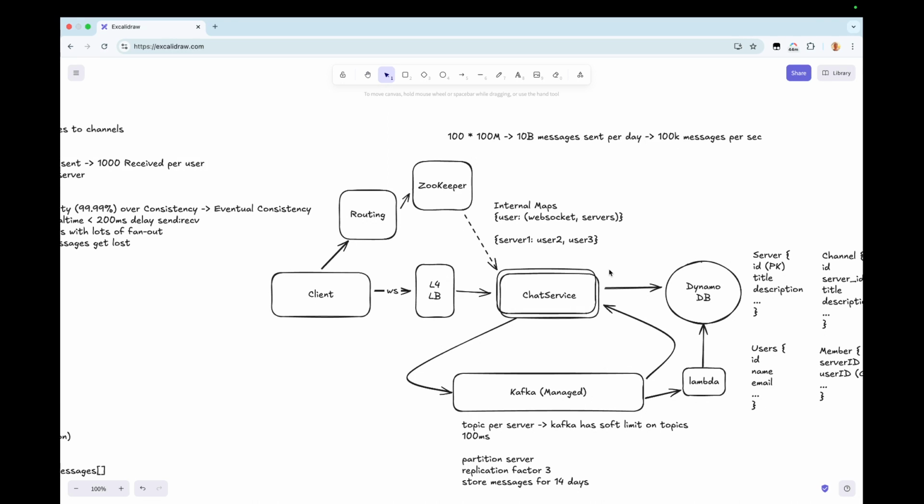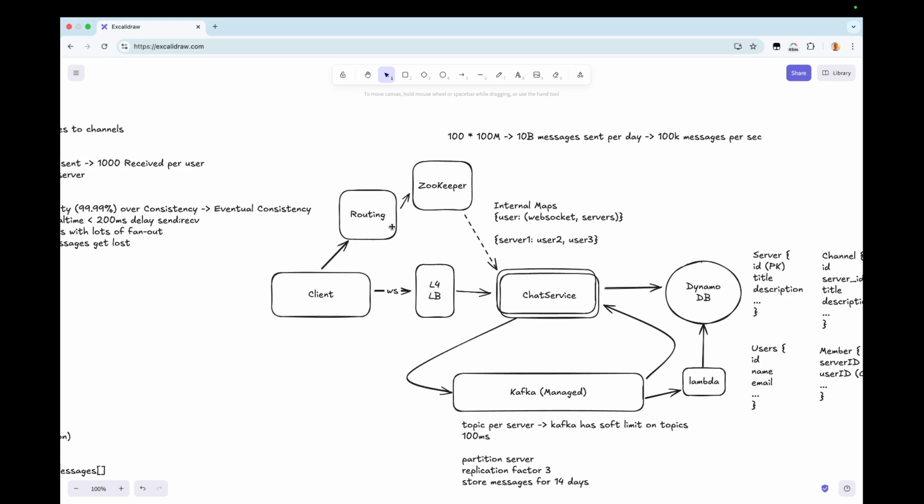And so we don't end up in this situation where we have 20 different users that are all connected to the same chat service instance, and so we have to connect to 20 different Kafka topics from a single chat service instance. We're limiting that so that all the users are grouped by the server that they're actually on. And so what we can do there is Zookeeper will actually pick for us based on this consistent hashing ring when the client connects to this routing service.